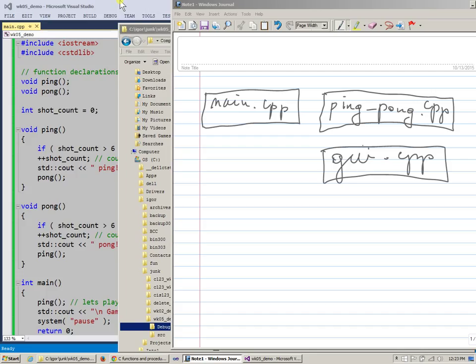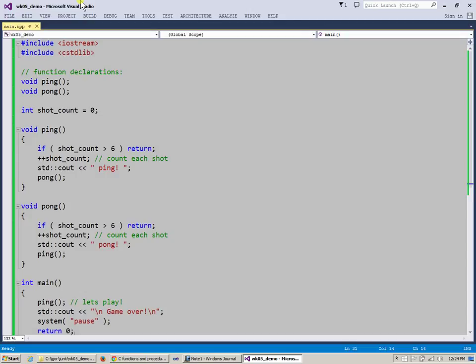Therefore, there are other challenges to this long, ugly file, main.cpp, which initially includes everything. So let's actually split it up and see if we can find some benefits from organizing our program using multiple files. Step number one,